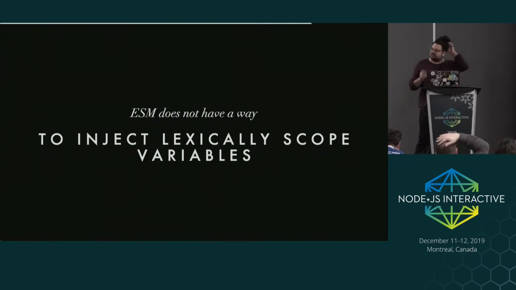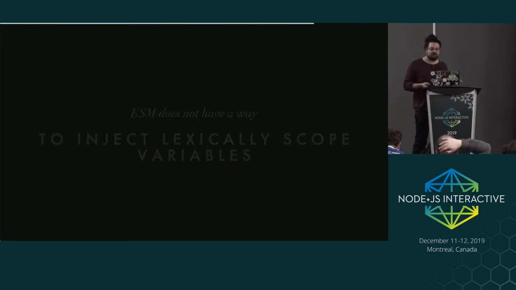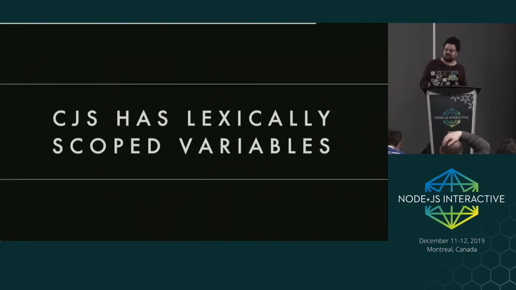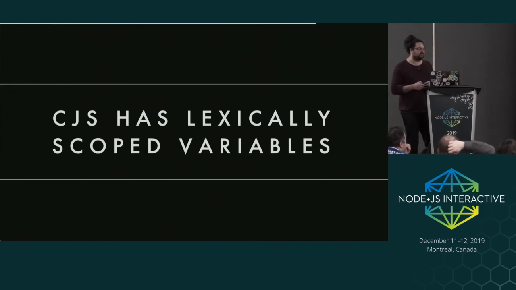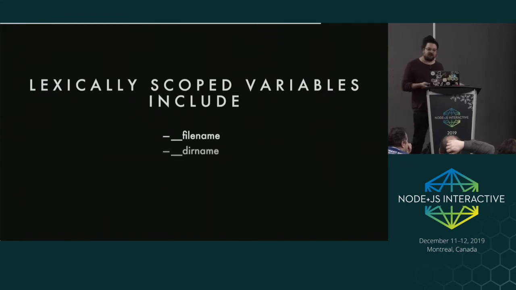Another thing that's different between the two is that ESM does not have a way to inject lexically scoped variables. CJS has lexically scoped variables. Every time that you require a module, we wrap that module in a lambda, we inject a whole bunch of stuff. Now it's a little fancier. V8 has an API, but for a while it was literally just string concatenation. Sorry. But the lexically scoped variables that you're probably used to using include __filename, __dirname, require,